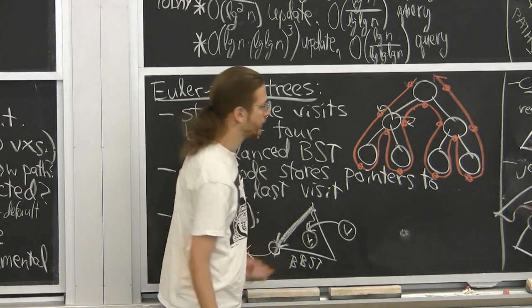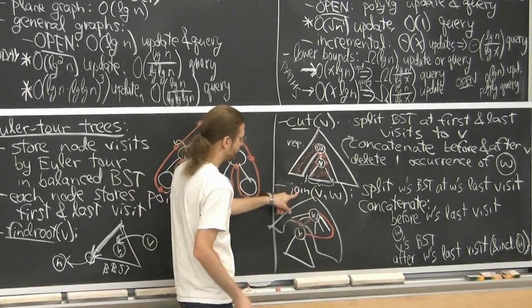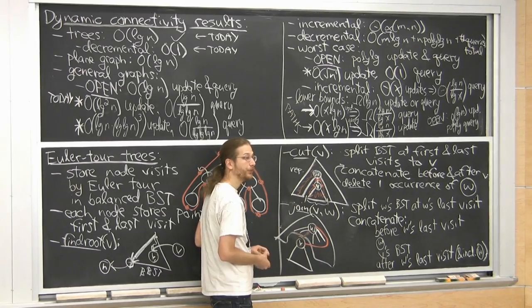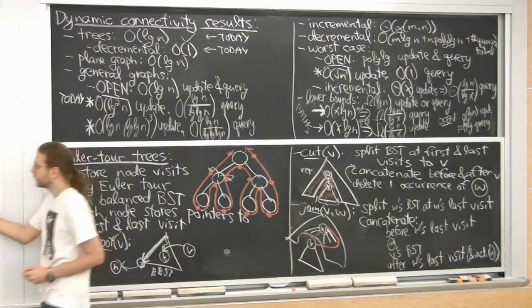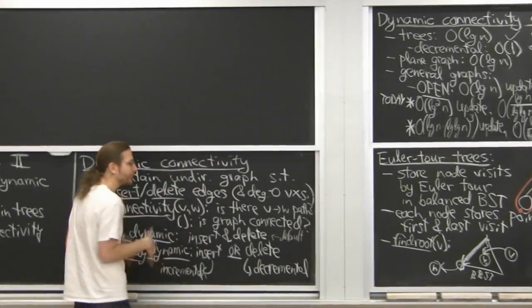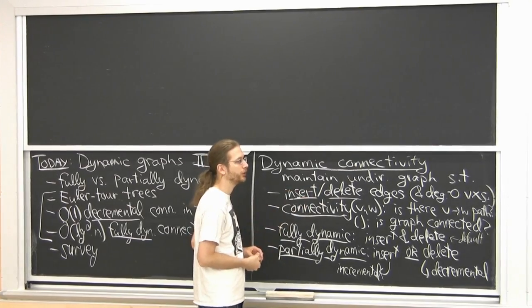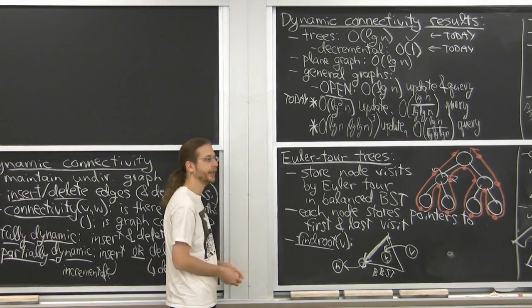One other thing I wanted to mention. So here we did join, and join assumed that V was the root of its tree. What if V is not the root of its tree and we still want to insert an edge? Because when we're maintaining an undirected graph, there is no rootedness. That rootedness is just a tool. You could say at the first step, just root the tree somewhere so that we can have a well-defined beginning and end to the Euler-Tour.